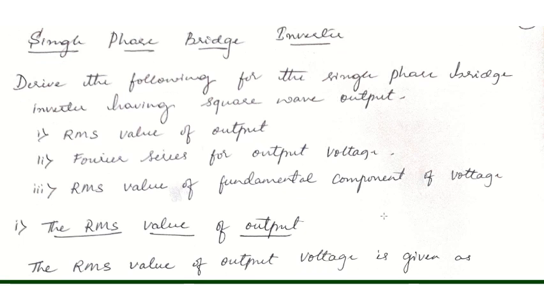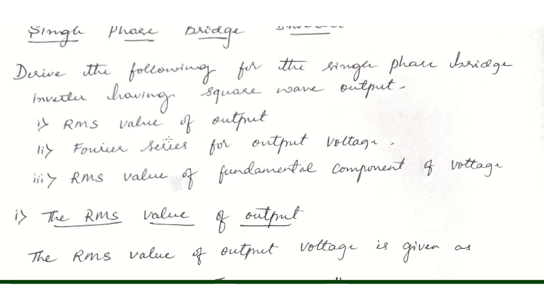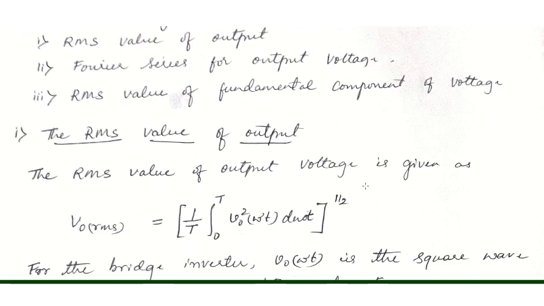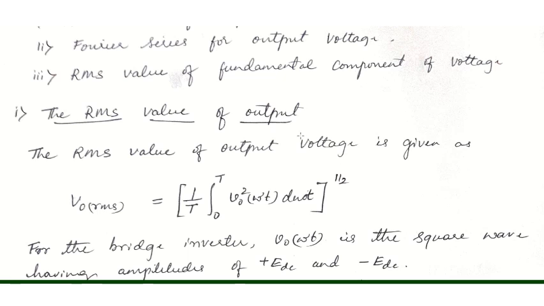So here is the question: derive the following for single phase bridge inverter having square wave output. First is to find the RMS value of the output, then Fourier series for output voltage, then RMS value of fundamental component of voltage. So first, to find RMS value of output voltage,